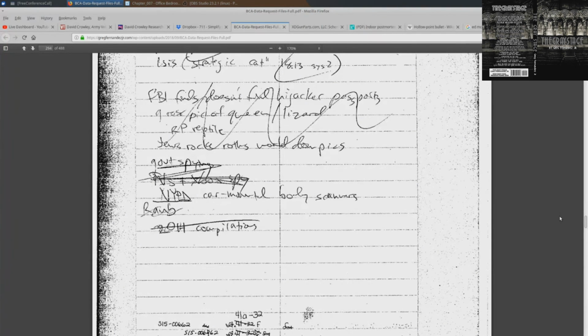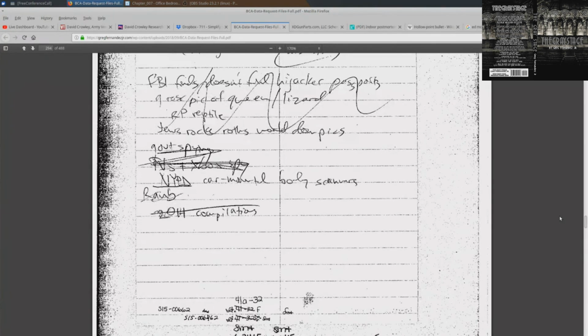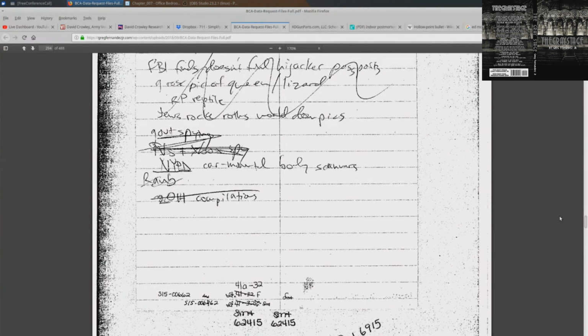So if he's doing something like the FBI finds or doesn't find hijackers' passports, I guess that would be either a support or an opposition to the accepted 9/11 theory. Right.